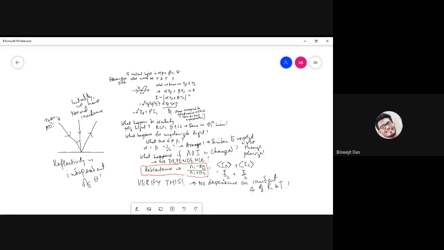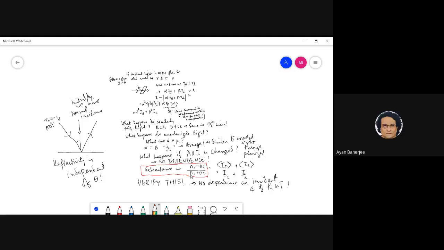No, that R parallel and R perpendicular are dependent on theta, right? No. R parallel and R perpendicular is the input light. Why will that depend on theta? That is the input light. Again, you are confusing the angle of incidence and the polarization angle. Polarization angle is a certain thing. R parallel is basically for the P component, and R perpendicular is for the S component.